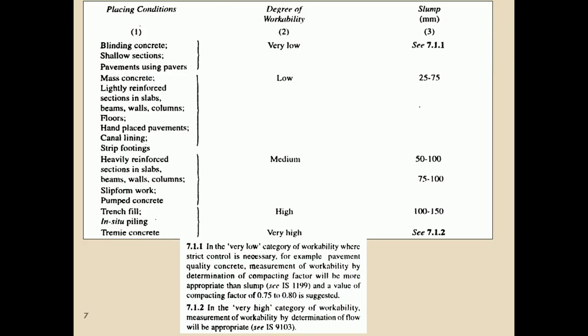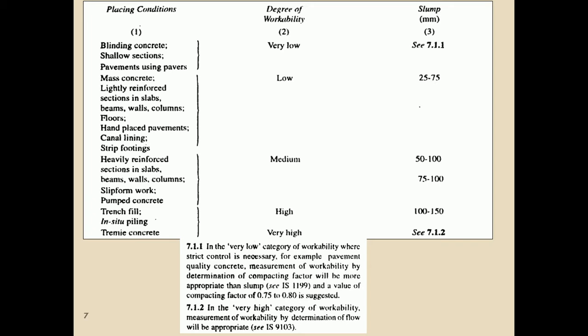See, if you take this example of slump taken from IS 456 2000, here you can see the slump value is not the same for all types of construction conditions, okay. For example, for heavily reinforced sections in slabs, beams and columns, the slump given is 50 to 100 and 75 to 100, measured in mm. Whereas for pavement mass concrete construction, the slump specified is 25 to 75.